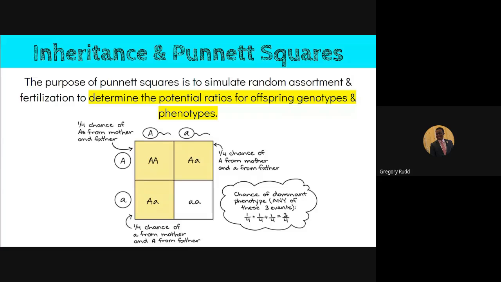So we introduced the concept of inheritance yesterday. We defined inheritance as the process by which genetic material is passed on from one generation to the next. And as we often do, we think in terms of humans. We think from human beings, from parents to their children. But